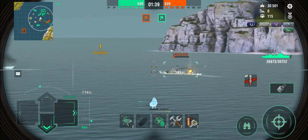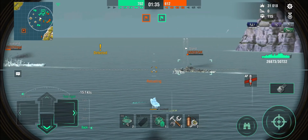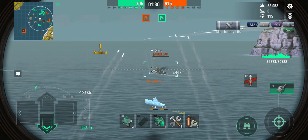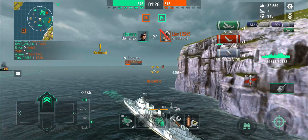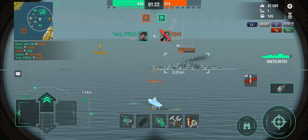So yes, I am giving broadside to the Minnesota, but he's got 2 battleships at point blank, so he's probably not going to do anything about me. And I can kill the Erland. Am I going to get him? Yeah. So one advantage that you actually have in this ship, now it's just the Cleveland left, is that